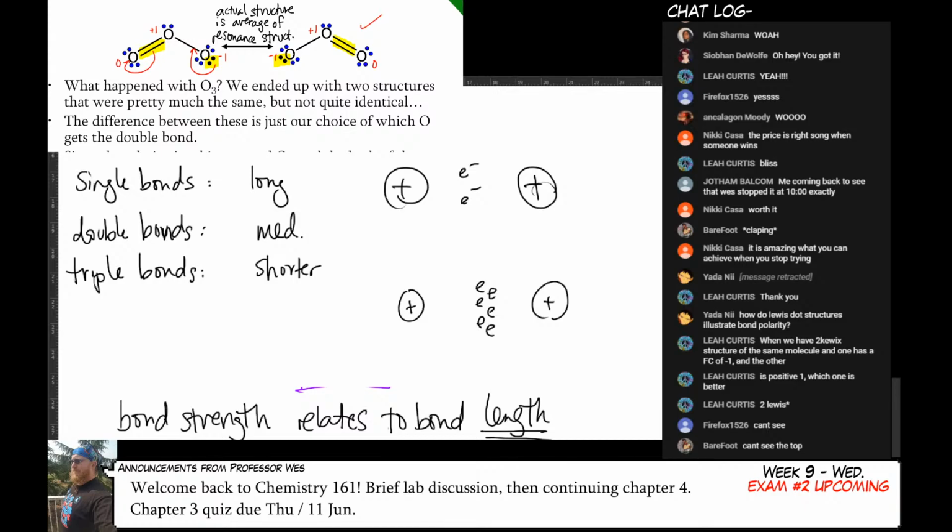So I can make that closer. There we go. If I do that, now this will hold them in place, and the bond length goes